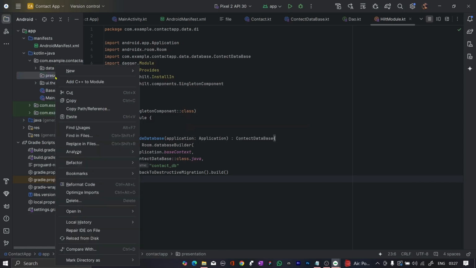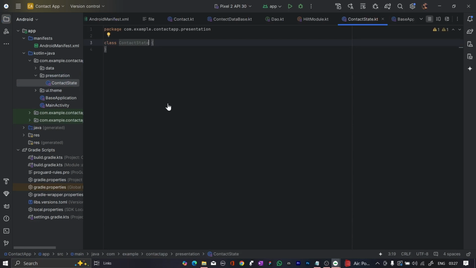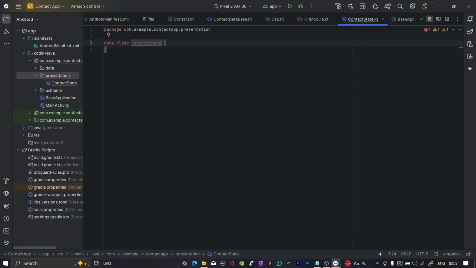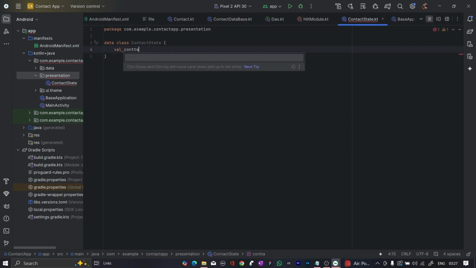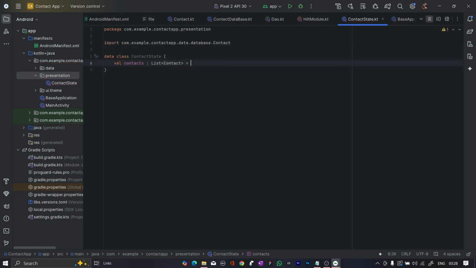Okay, let me go inside it again and make the contact state. Okay, so we have created this file. So this type would be the data class, and inside it, okay, contact state. What we are going to do inside it, we are going to define some variable contacts list, and inside the list contact is equals to empty list, comma,